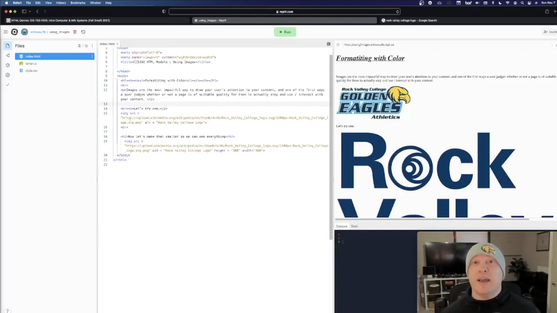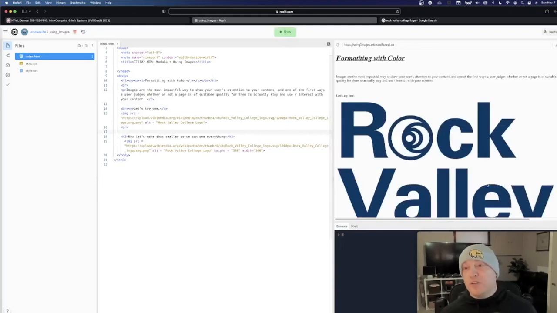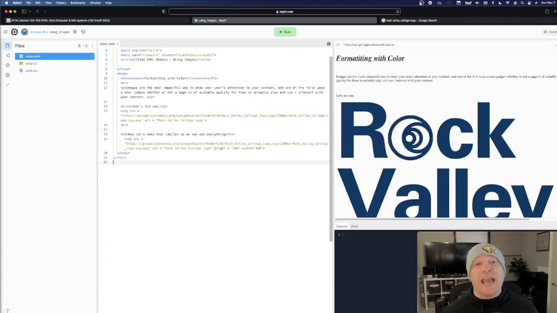It really does depend on how the image was uploaded. So at any rate, I'm going to run this again, and we're going to see our very, very large Rock Valley College logo, and that you can see right here on lines 13 through 16. However, we don't have to just allow the logo to be as big as it's going to display. We actually have control over that,